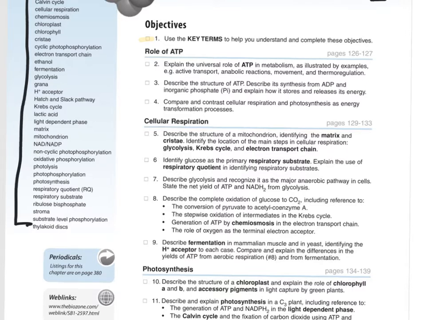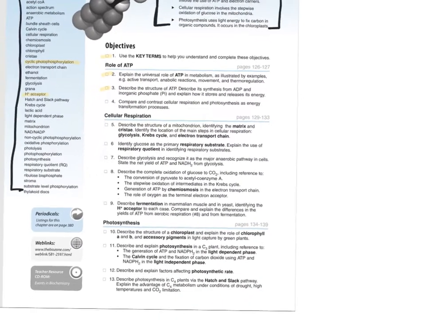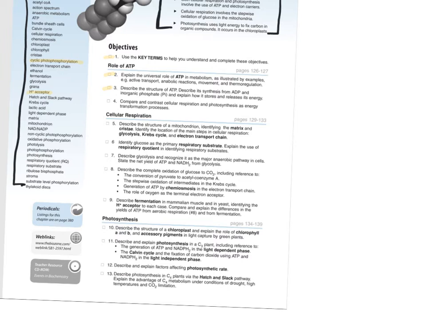If not, if you insist on doing it on your own, you should be looking it up. Where's glycolysis happening? What are grana? What's a hydrogen ion acceptor? What's cyclic phosphorylation? Ooh, it's a fancy term. What's the universal role of ATP in metabolism? Describe the structure of ATP. You don't have to memorize the structure, just describe it. Describe it in the sense of the things that I've talked about in class for about 3 weeks now.